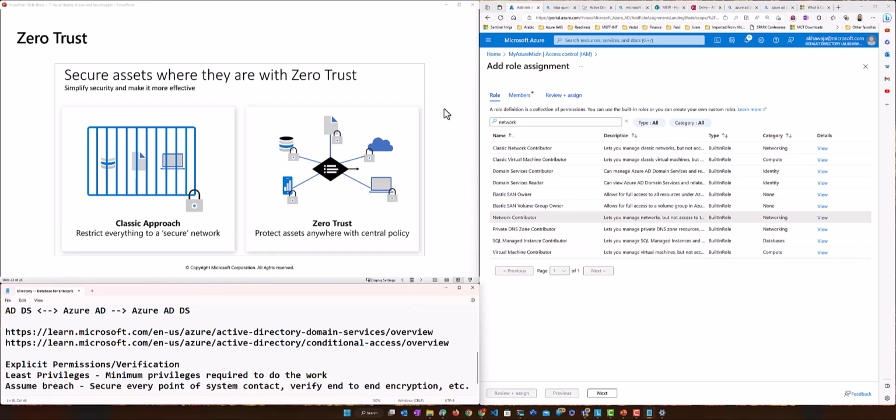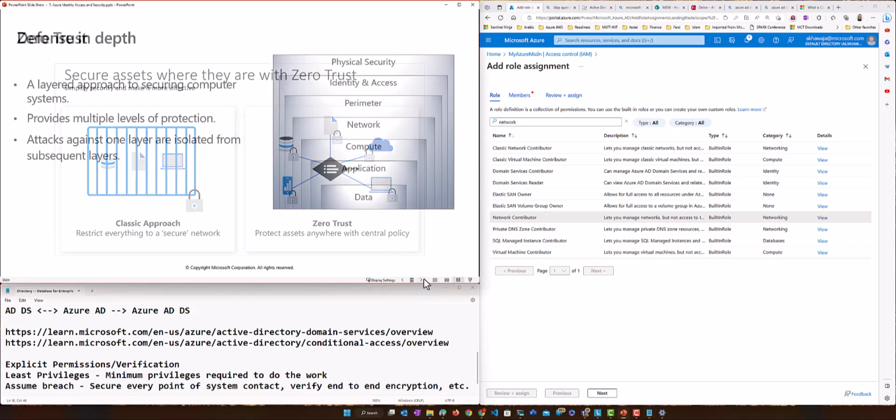So these are the three main policies of zero trust, right? Again, this is how you secure, and you have on top of you Azure Active Directory and Active Directory domain services. We can allow and make sure everything is secured and you're authenticating and authorizing for everything, right? That's the idea of zero trust.